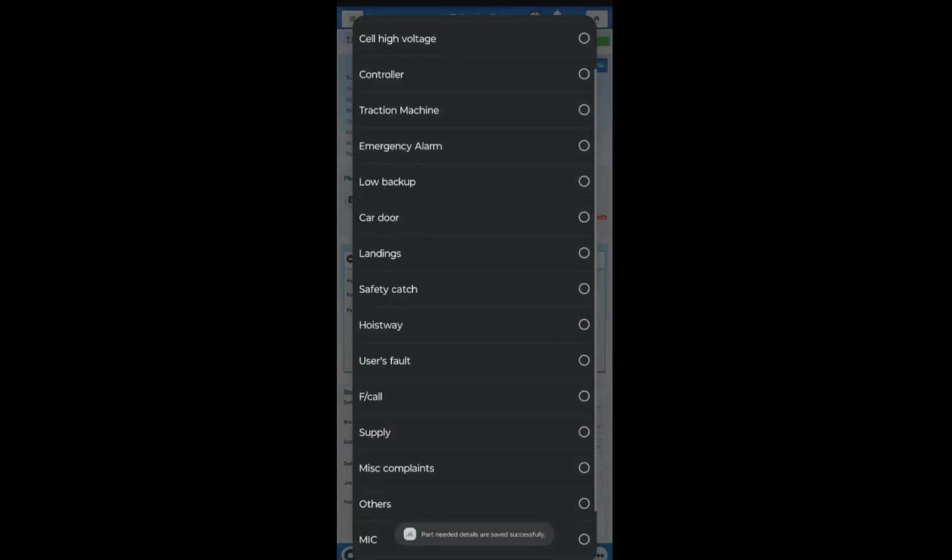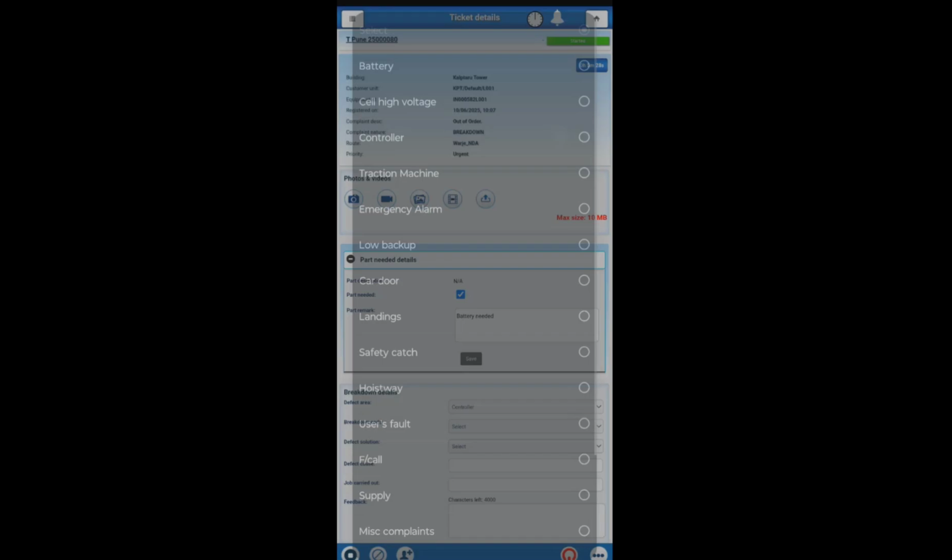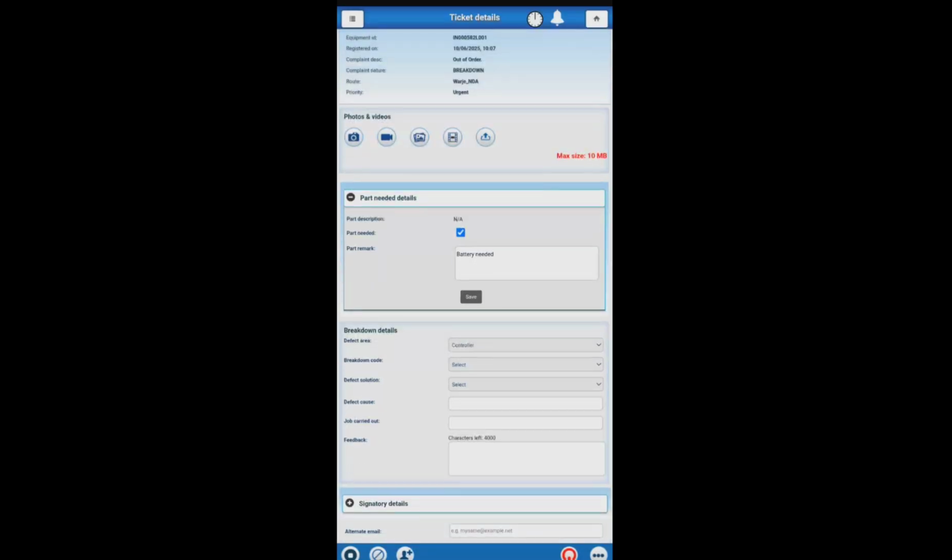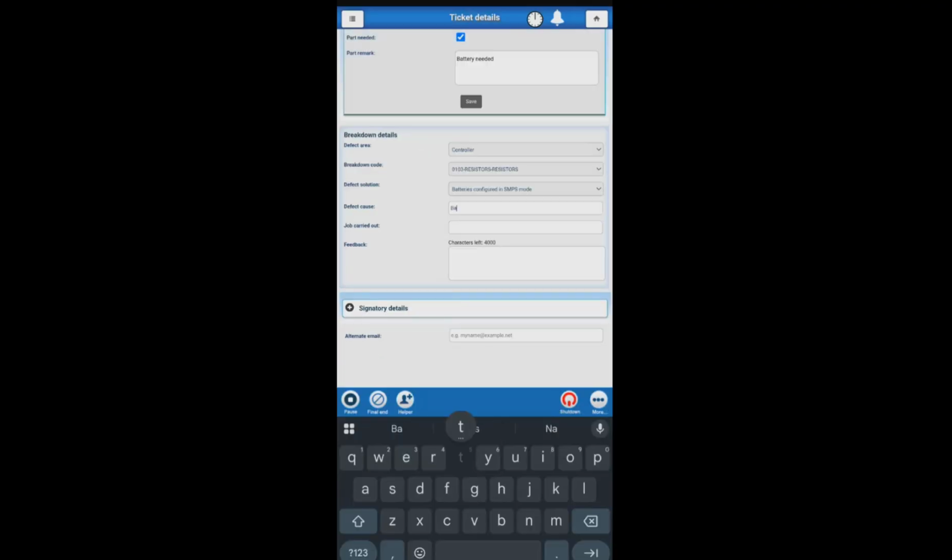While working on the lift, whatever the breakdown details you found, you can enter. Defect cause, damage, feedback,